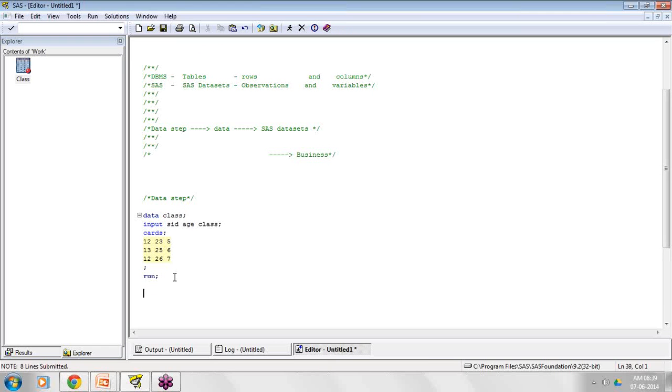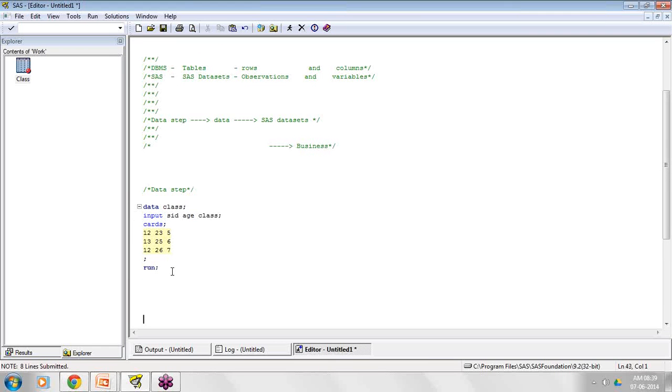Once my SAS data set is available, then with the help of a proc step, as I discussed, I want to only print my data. That is the reason why I'm using the print procedure, proc print data equal to class, because I want to print my data set by the name class.